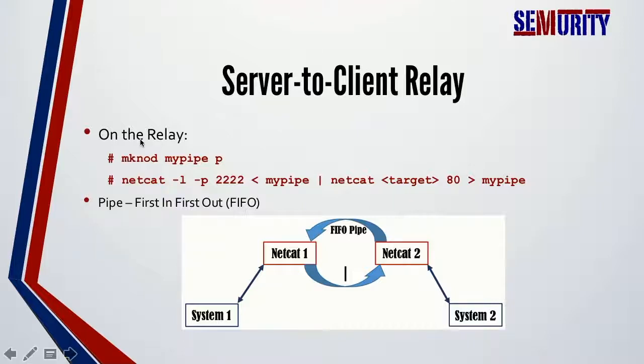So we will create this pipe, and the way to create this pipe is using a special command on Linux called the mknod command. The mknod command can create different kinds of special files. We're not going to cover these files here. However, one of these special files is the pipe file.